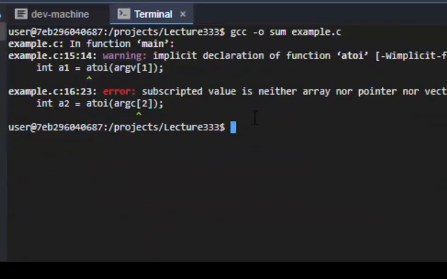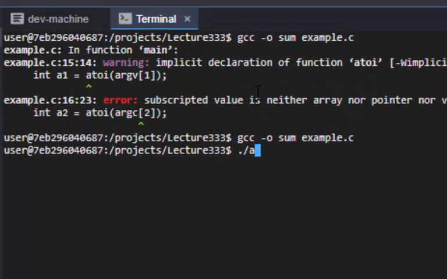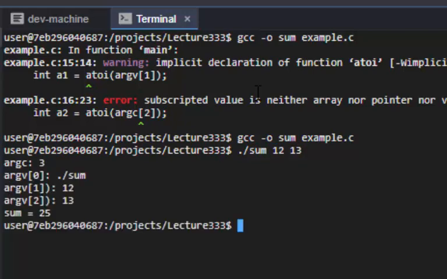You want to get used to looking at the error messages. They can be a little bit cryptic, but you get more and more used to picking out what they're referring to. A lot of times they're pretty good because they give you the exact line number. So then it would be sum, and let's just say I did 12 plus 13. And we notice that it